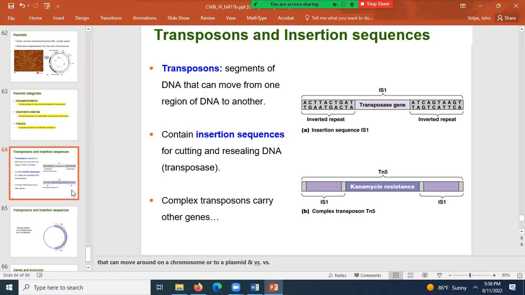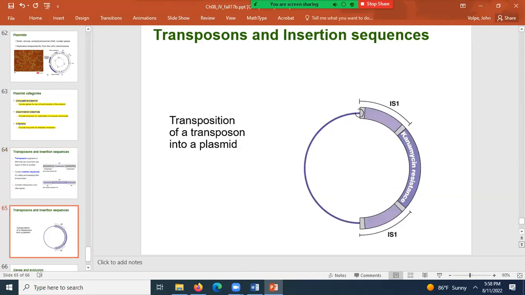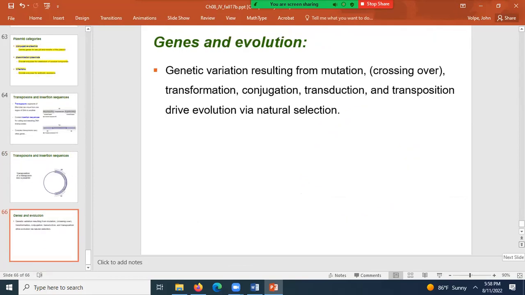I guess what I want to say is transposons usually do not give a cell a new gene, because a transposon just moves from one region of DNA to another region. However, that shuffles up the genes and makes new combinations possible. But recombination also does that. Did I talk about that? And that is, recombination does not